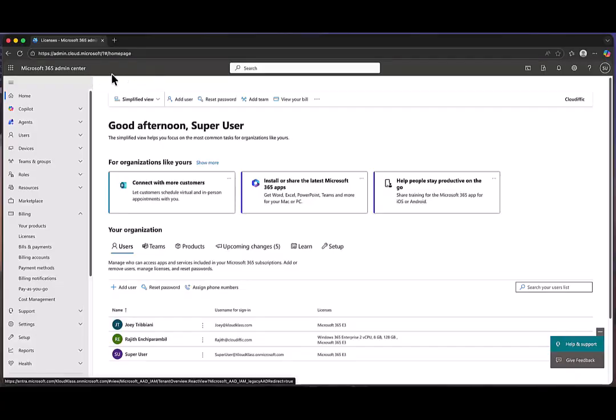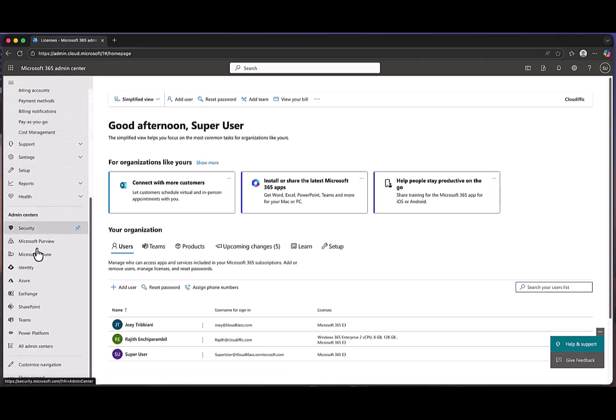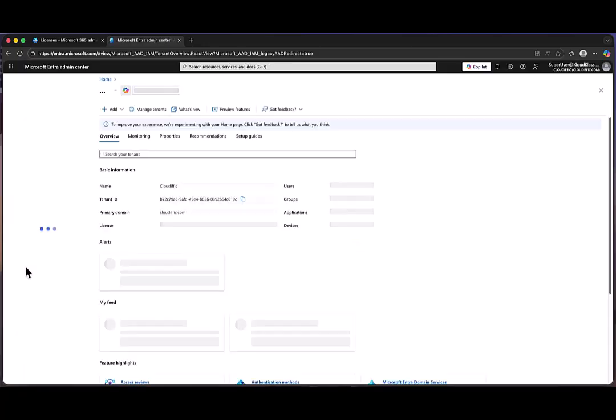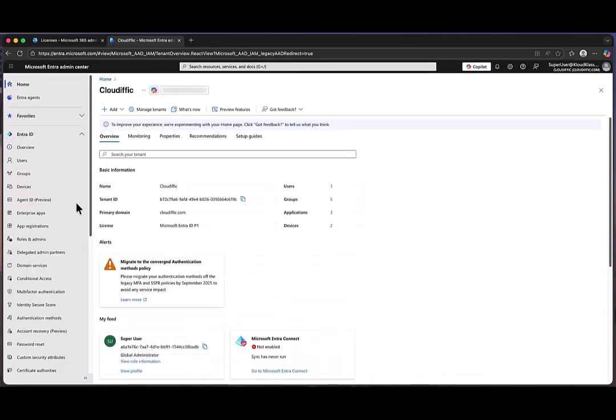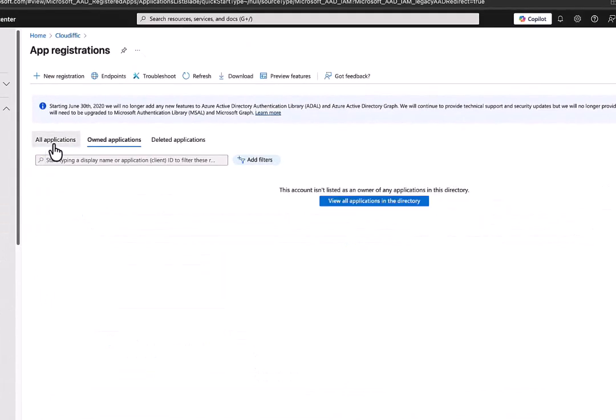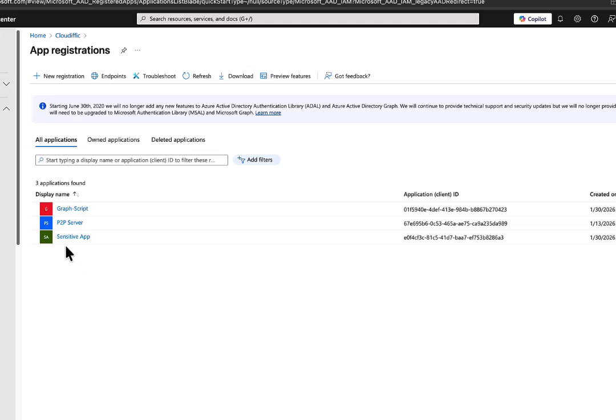We have the Microsoft 365 Admin Center up and running. On the left-hand pane, let's click on Identity to open up the Entra ID Admin Center. That's one way of accessing conditional access policies. And on the left-hand pane, we have options like enterprise applications, app registrations, and conditional access policies. I have pre-created a few things. If we go into app registrations, I have already created an app registration or an enterprise application named Sensitive